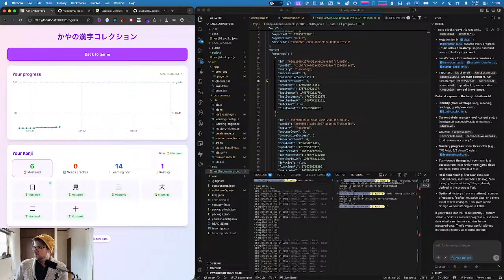Turn-based timing, so last seen turn, last success turn, and so on. Real-time timing, yep. And then optional history. Yeah, so I do want to lean V1. So it's nice that it listed the kitchen sink here, but again, we don't want to throw everything into the UI. That's not really the point of this. So we'll do identity, current status, counts, mastery progress, first seen date,